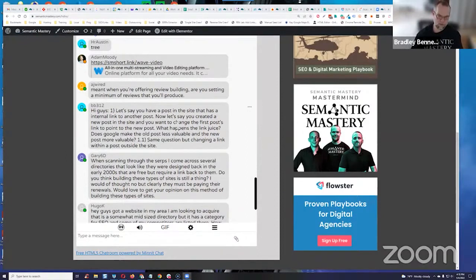Because navigational links are links that are going to be present on every single page. The main navigation menu in a website is present on every page or post. So those links are still crawled by Google, but they're not weighted as heavy as a contextual link, because when the bot comes and crawls a page or a post and goes through the content, reading like we do, from top to bottom, left to right, it discovers within the content body the links that are pointing either to external resources or to internal resources.